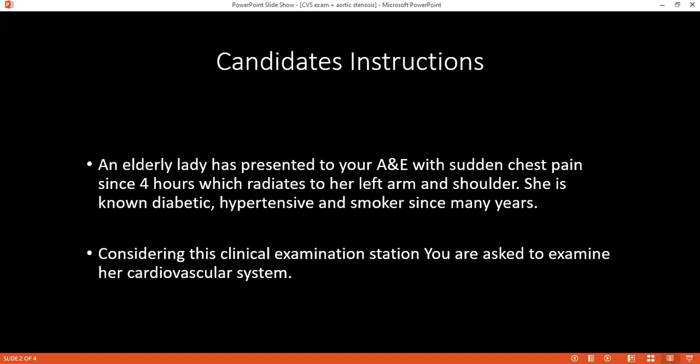So it is not on the heart or the mitral region, because if there was a real patient with mitral regurgitation, there would be an audible pansystolic murmur, right? But in this situation, I am already giving you a little bit of history that it is sudden, and the patient is diabetic, hypertensive, and a smoker. So most likely the differential diagnosis. But even if you say mitral regurgitation, you have to justify your answer on the basis of